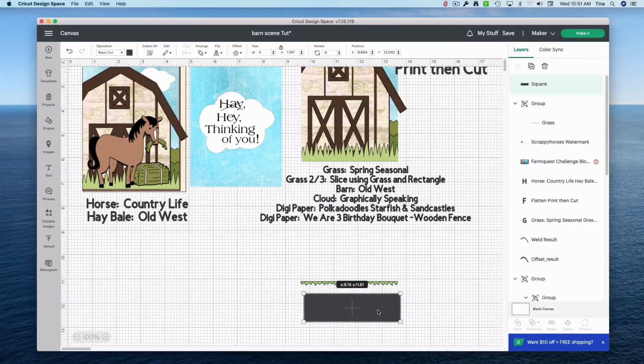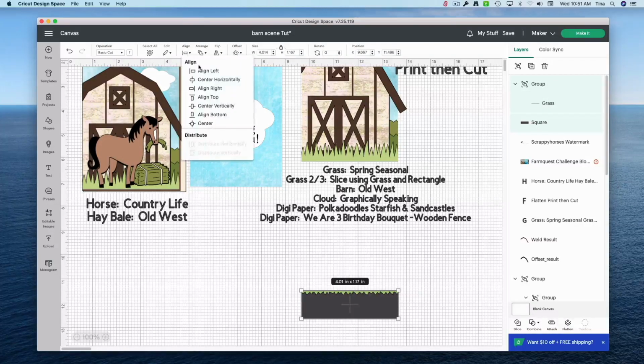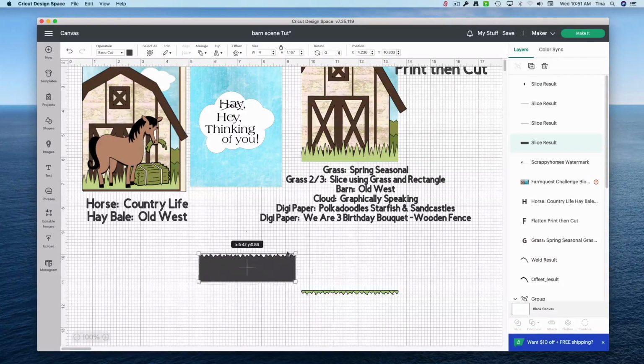And that will give you less spikiness, for lack of a better word. I'm going to bring this to the front so you can see it a little bit better. And if you want to make sure that you're right at the edge, you can select those two. You can hit align top and then slice. And see, that'll give you